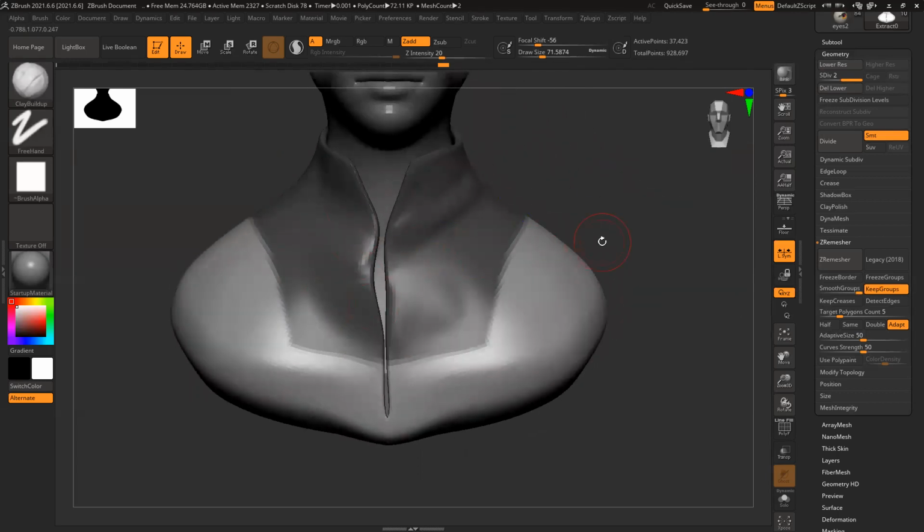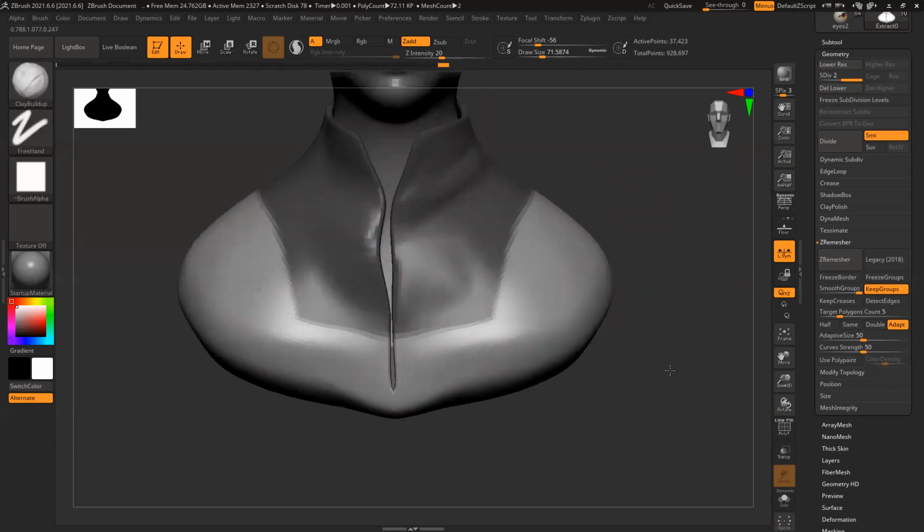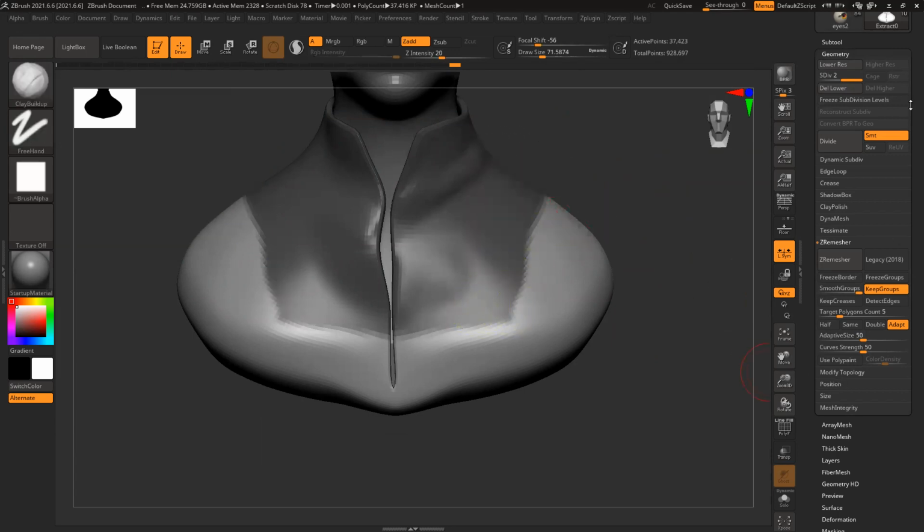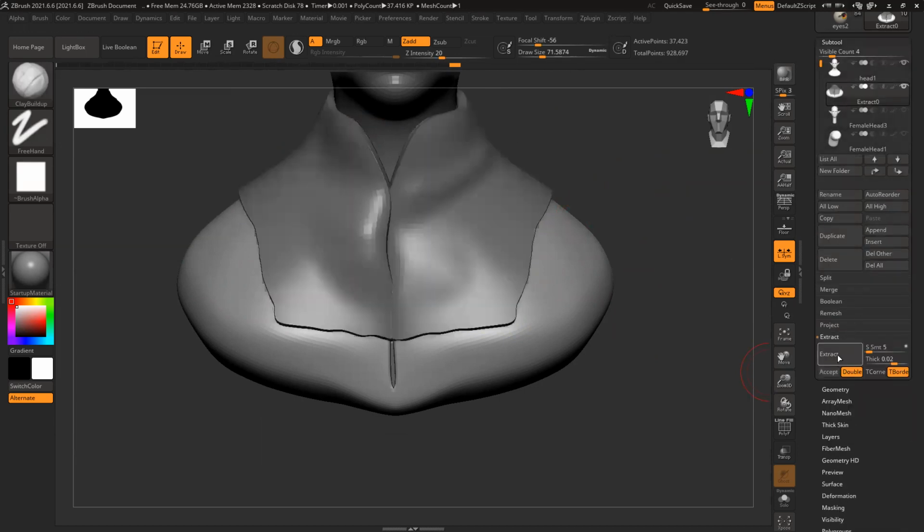So I can extract this very easily, and slightly more angle, this, and then extract this. Or if I feel it's too thick, I can reduce this thing.